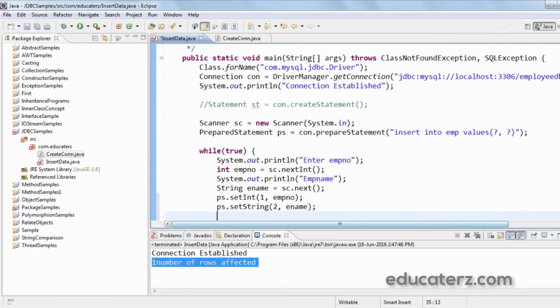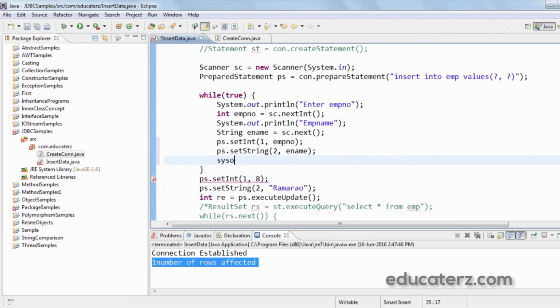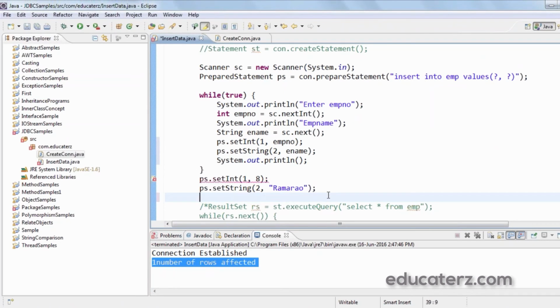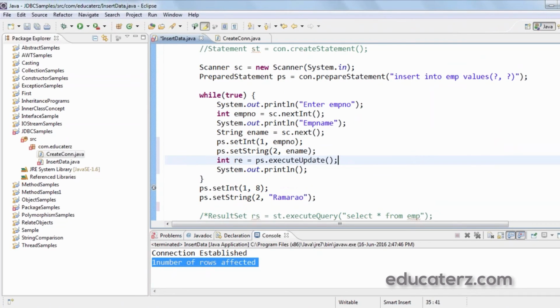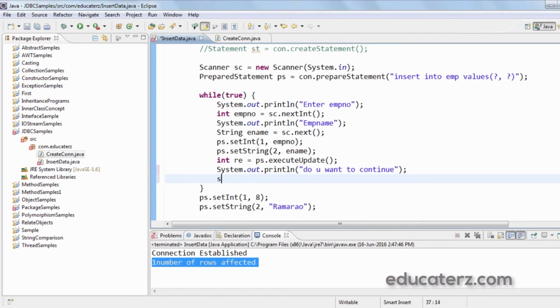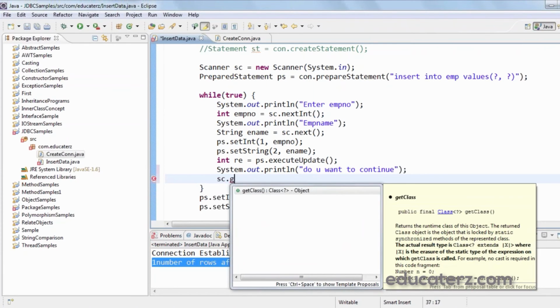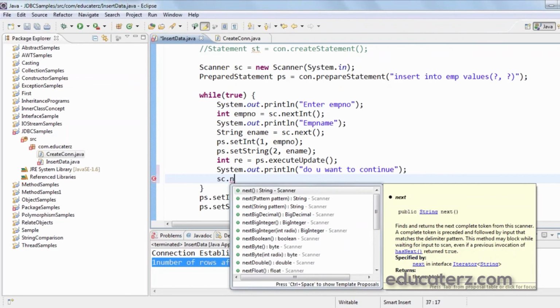And I need to ask the user whether he wants to continue after inserting into the table. For that, I submit the SQL query now. Next, I'll ask the user, do you want to continue? The user will enter some string, so sc.next would give me some string.